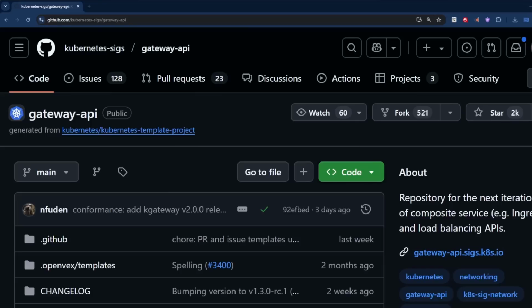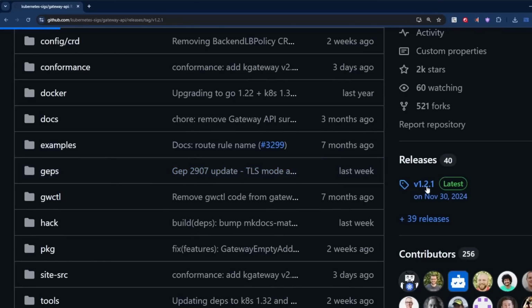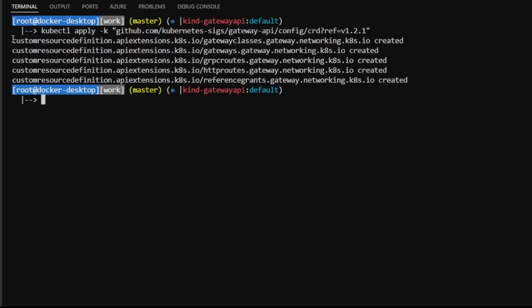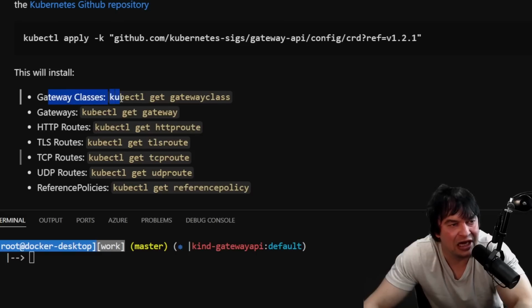There's actually a GitHub repo under the Kubernetes Special Interest group called Gateway API, and under here is a releases section, and all the versions are tagged. I can deploy those CRDs straight to my cluster by pointing to the latest release, which is 1.2.1 in that GitHub repo, and I can apply that using kubectl apply -k. Now I actually have these custom resource definitions, so I have gateway class and I got these routes. This will give me access to gateway classes, so I can say kubectl get gateway class, get gateway, get HTTP